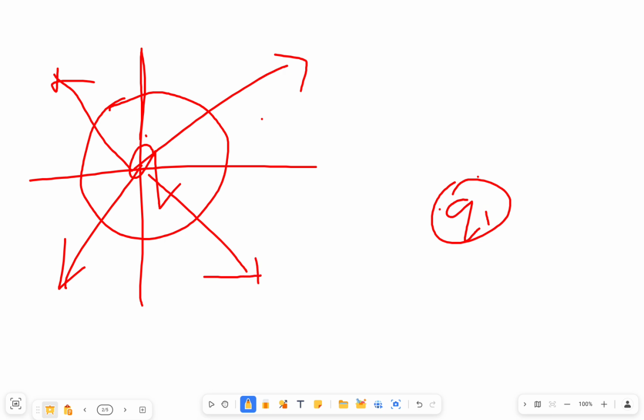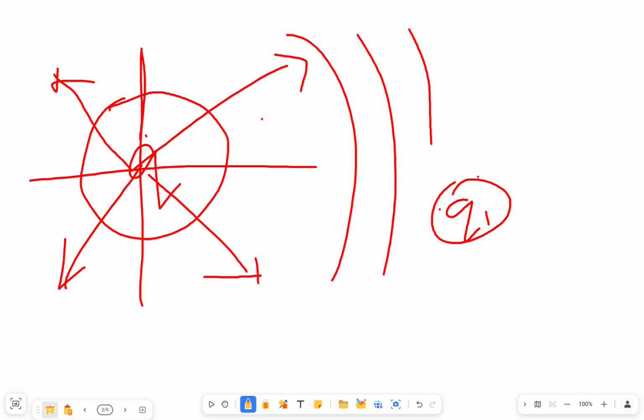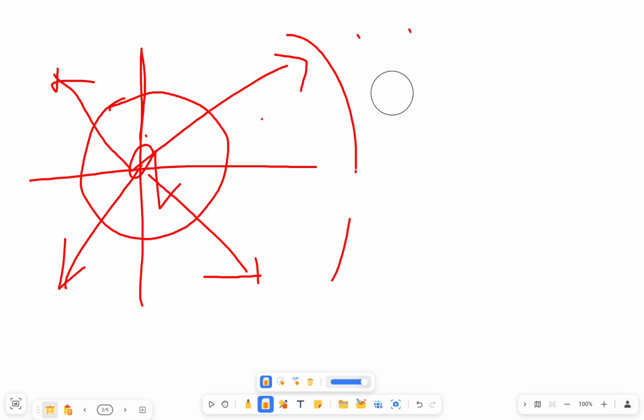So up to its region, up to which it can exert force on another charge when it is brought closer to it, that we are calculating using these electric field lines or the electric field. It gives an idea up to the extent its energy is experienced by another charge, and it is calculated using the formula